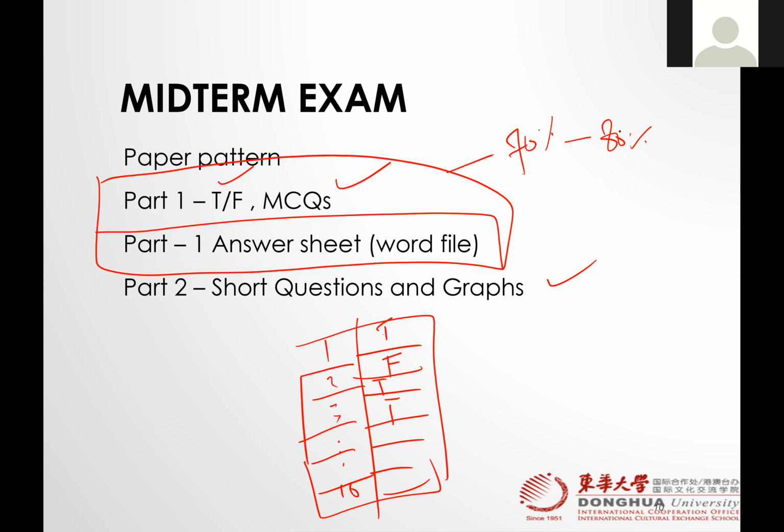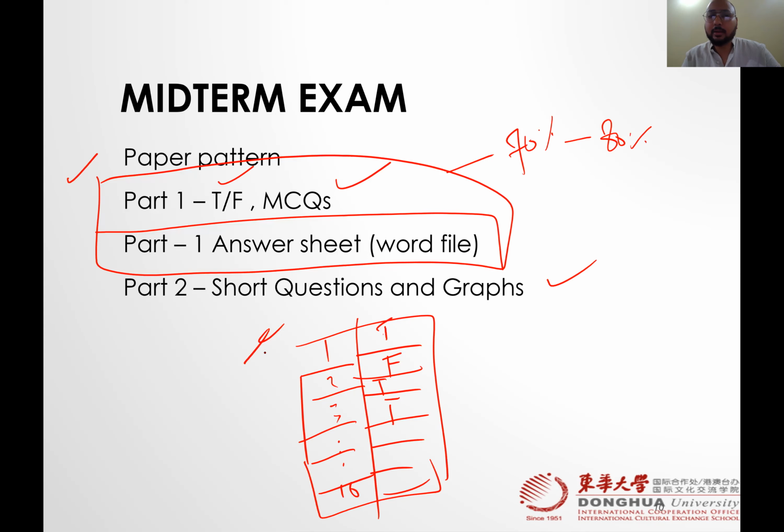Is it going to be on the PB, or are you just going to send the file? This is going to be on PDF, part one, when I upload it. But when I upload the answer sheet, it is a Word document file.